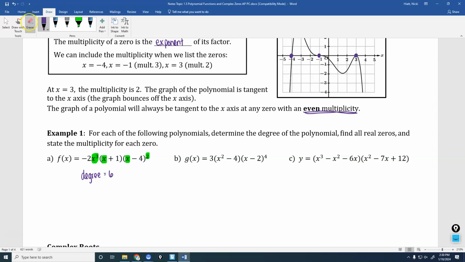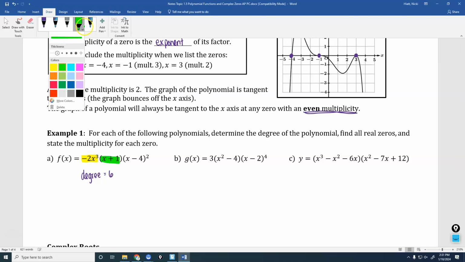So for this part, we're going to be looking at each term here. The three pieces that we're looking at are negative 2x to the third, x plus 1 as another term, and x minus 4 as another term. Essentially what you are going to do is take each part and set it equal